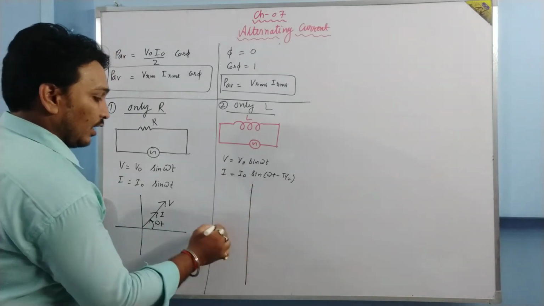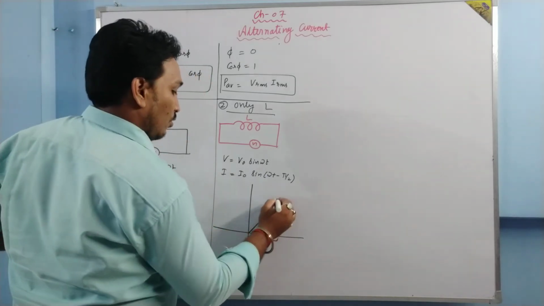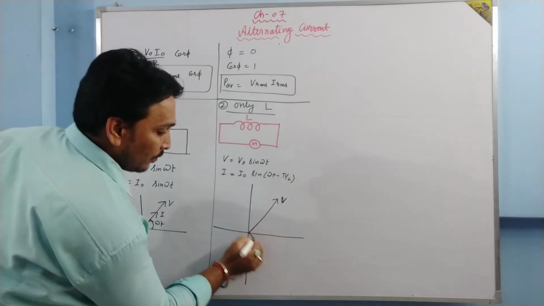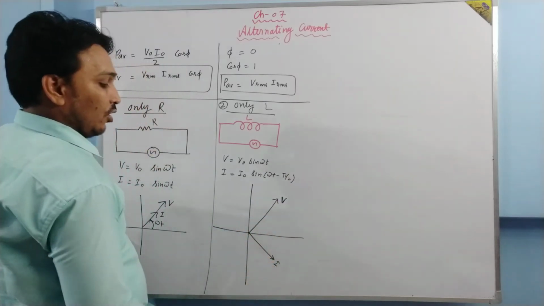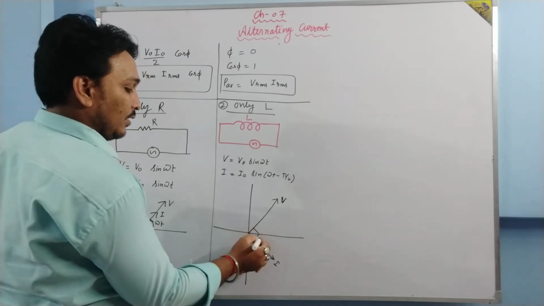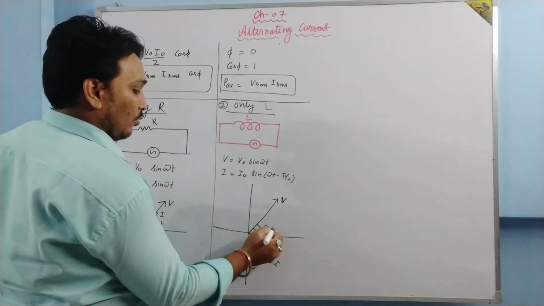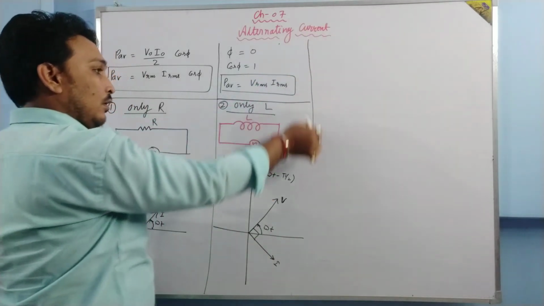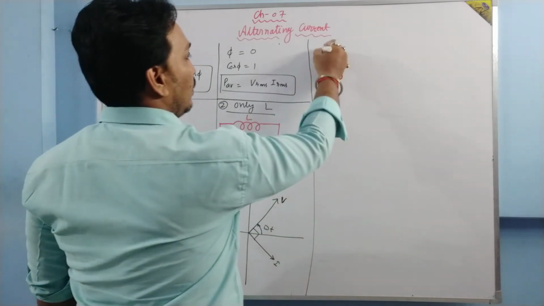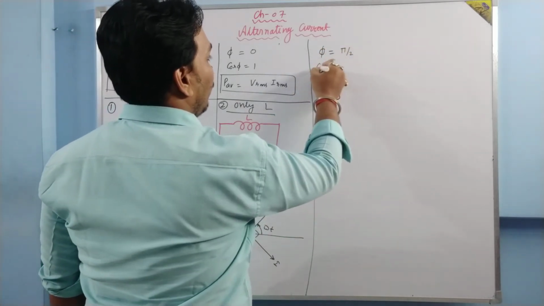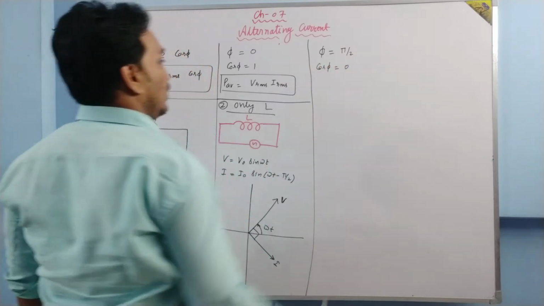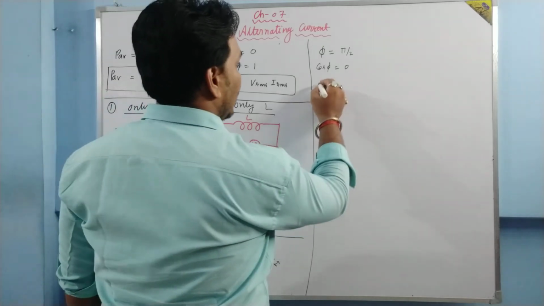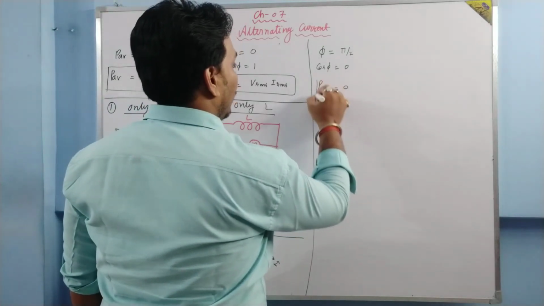How the phasor diagram of this one is this. So this is your V, and I is minus pi by 2. So the phasor of current is here. This angle is pi by 2 and this angle is omega t. Okay. So here the value of phi is what? Here the value of phi is pi by 2, and when phi is pi by 2, then cos phi is what? 0. Cos phi is 0. So basically in this case the P average comes out to be 0.